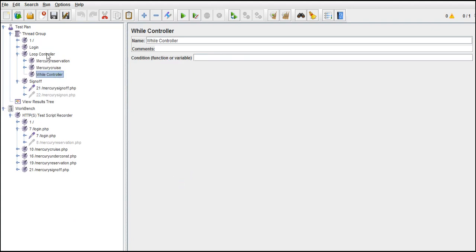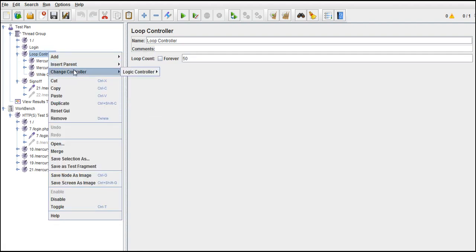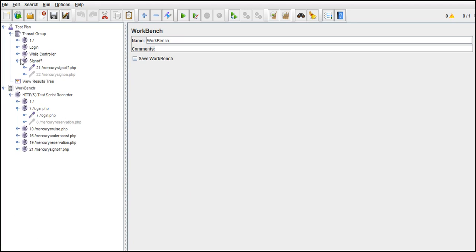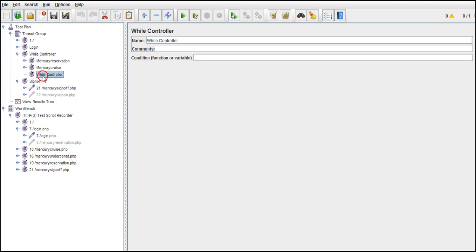It's added for us. Change controller logic to while. Now it went off, we need to delete this.